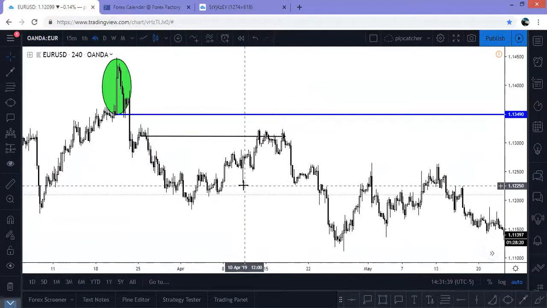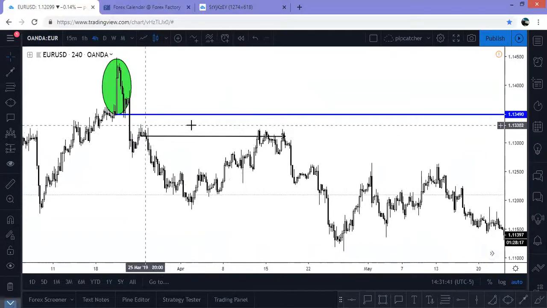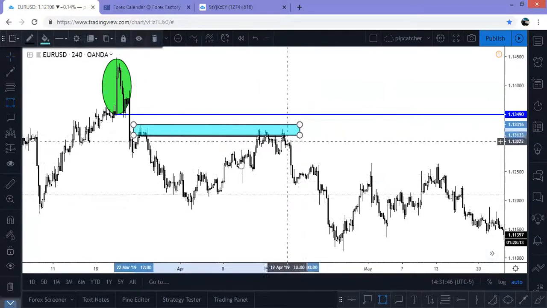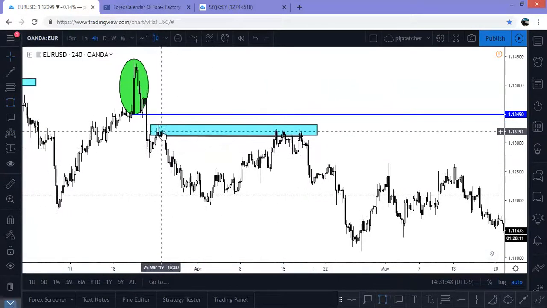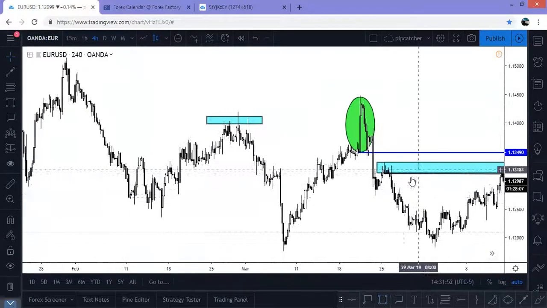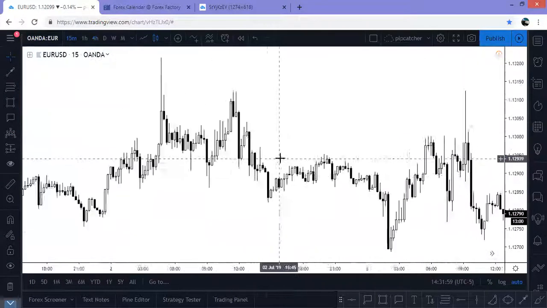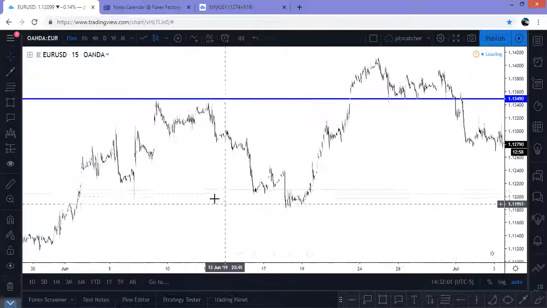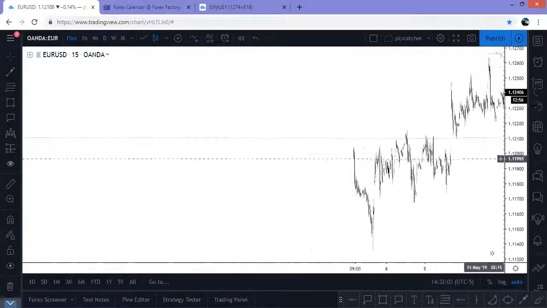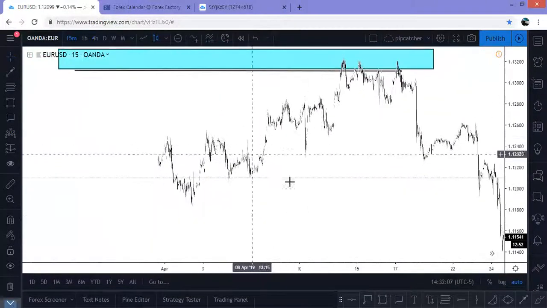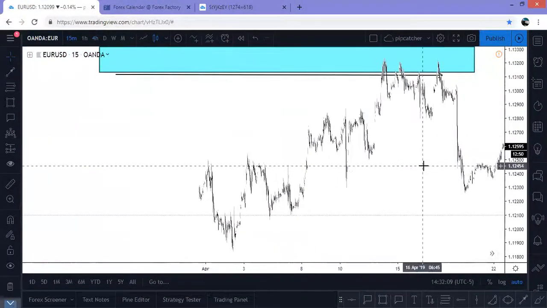But what I'm looking at right here, look, there's equal highs. There's equal highs right here, okay? So maybe retail was selling right here. Look, this is an interesting area as well, because if I go down to the 15-minute time frame, and guys, when you get your zones, you want to go to lower time frames